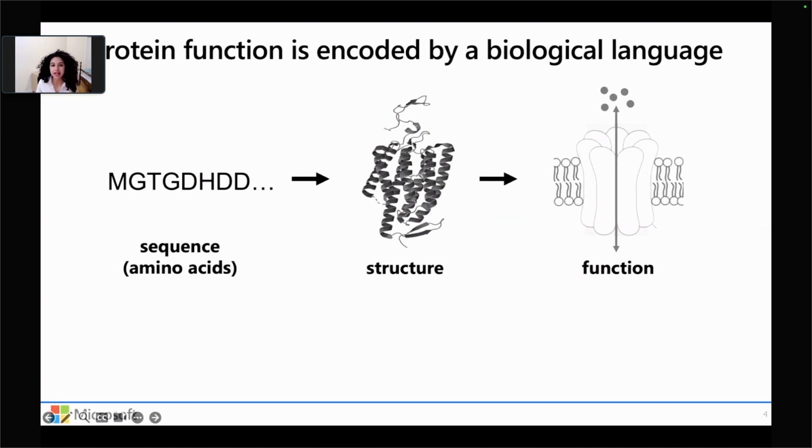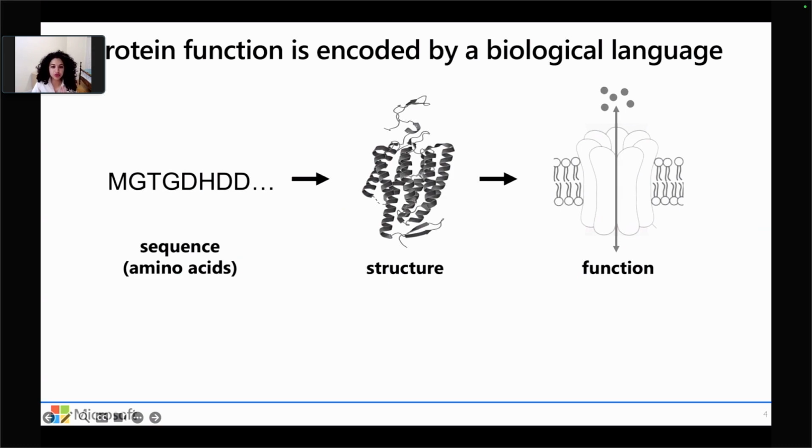And to really tackle this question, we have to go back to thinking about how to define and represent a protein such that we can build AI models to understand and design proteins. And as we know, every protein is defined by a sequence of amino acid chemical building blocks, what we can think of as a biological language of sorts. And this sequence of amino acid building blocks can then form a three-dimensional structure that we traditionally think of as performing or executing the function of that protein.